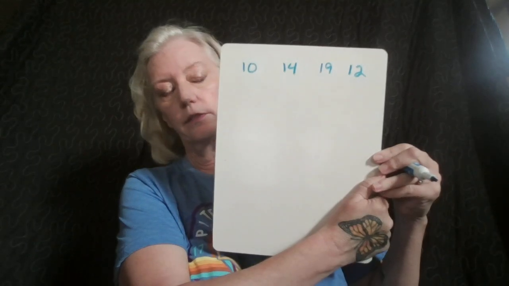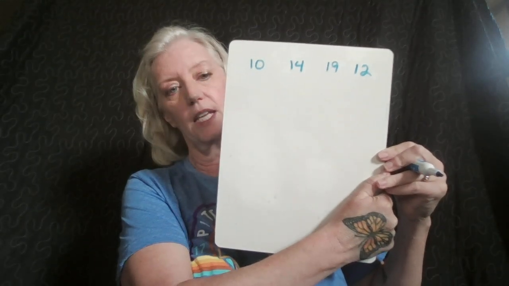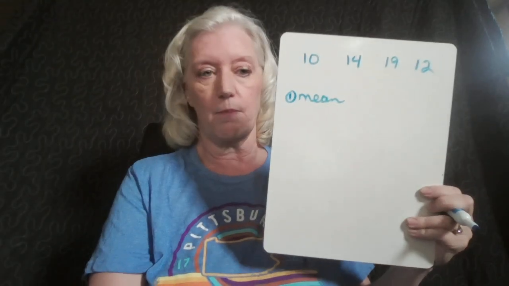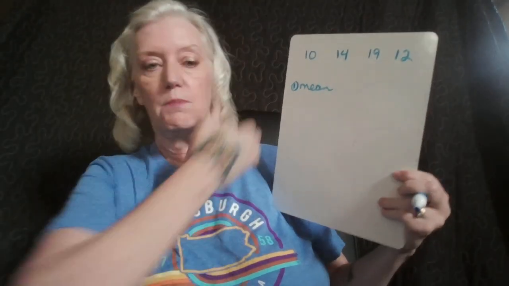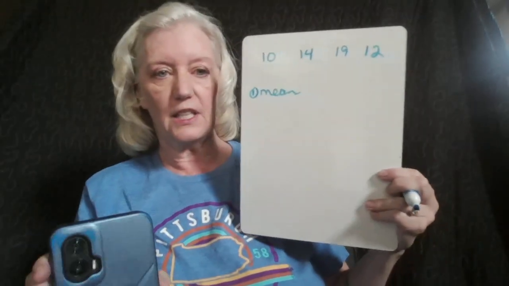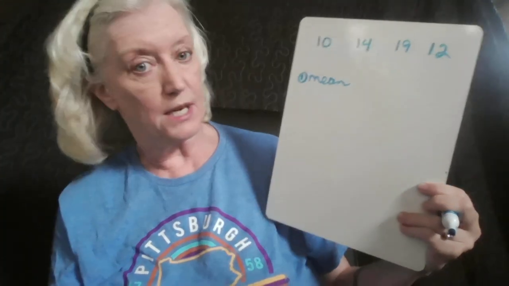So these are our 4, and we want to find the standard deviation. All right, number 1, we are going to find the mean. Add these up and divide by 4 because there are 4 numbers. Now I'm going to make a prediction here. I don't know what the mean is yet, but these numbers seem fairly spread out compared to the last list